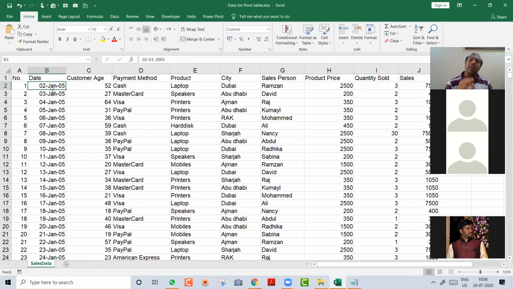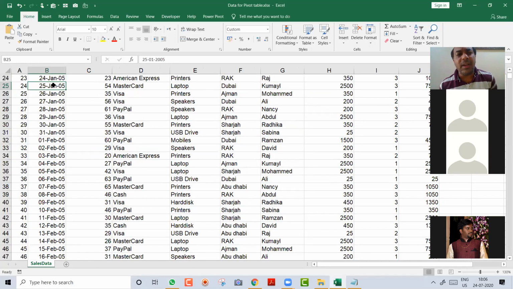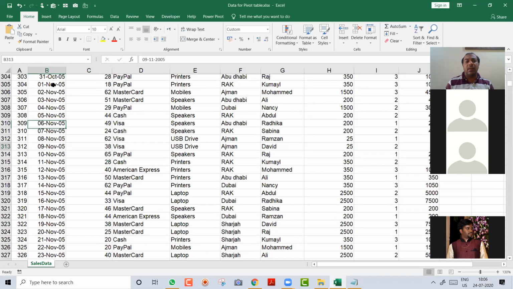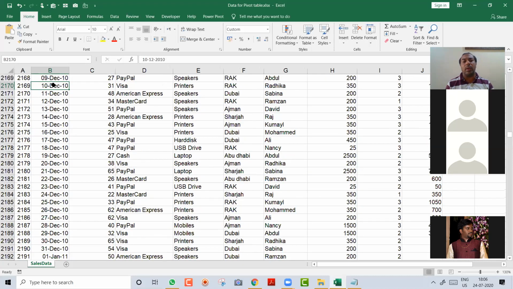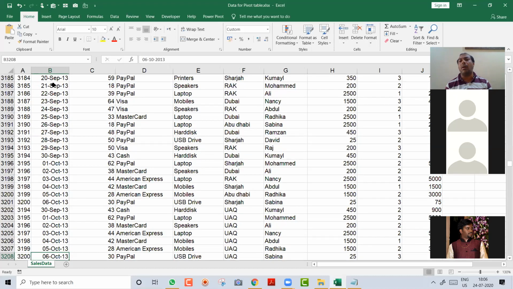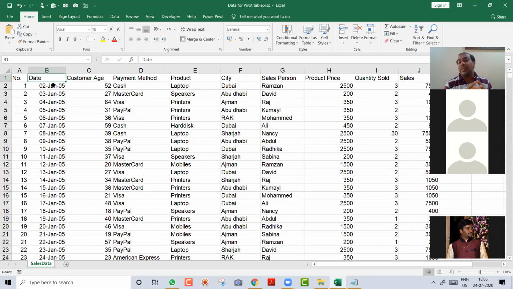And we are going to learn a very interesting way. In the end, you will see something amazing, a dashboard coming up from this simple data, and you will say, wow, this is very interesting. So I have a data of 2005 Jan. I have a data of 2006. Then I have data of 2007, 8, 9, 10, 11, 12, and it goes till 2013 October. So from 2005 to 2013, I have around 8 years of data.